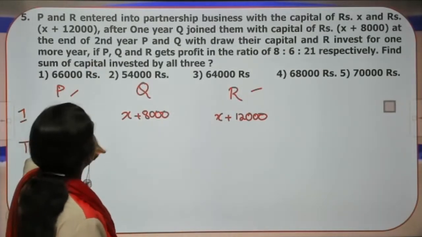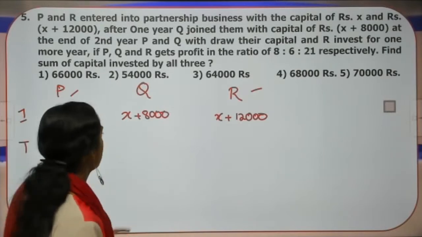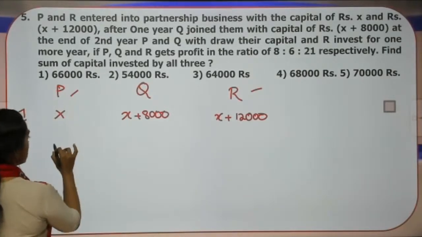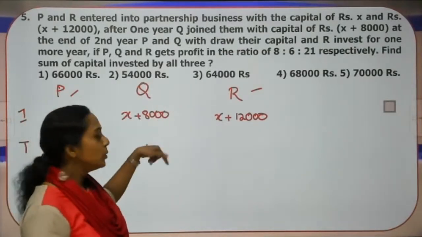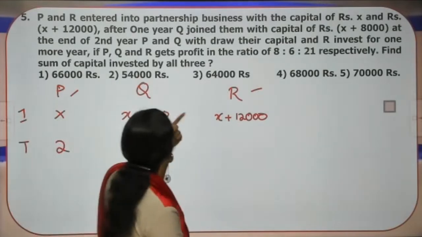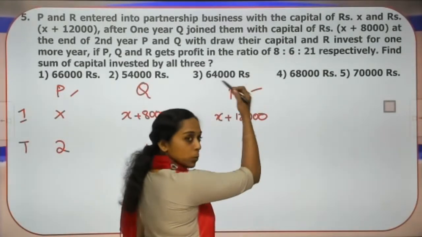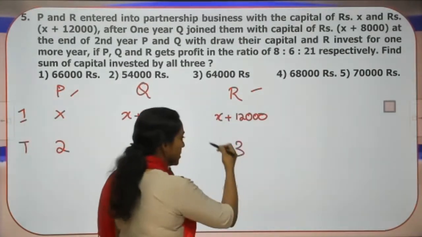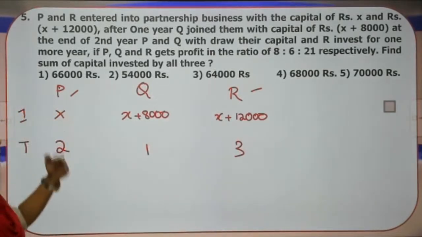And next, at the end of second year, P and Q withdraw their capitals. Okay. So here you see at the end of the second year means P invested for 2 years, Q invested only for 1 year because Q joined only after 1 year. Okay. And R invested for 1 more year, means R was there from the beginning itself and now he is investing for 1 more year, means his time period is 3. Okay. Now their profit ratio is given as